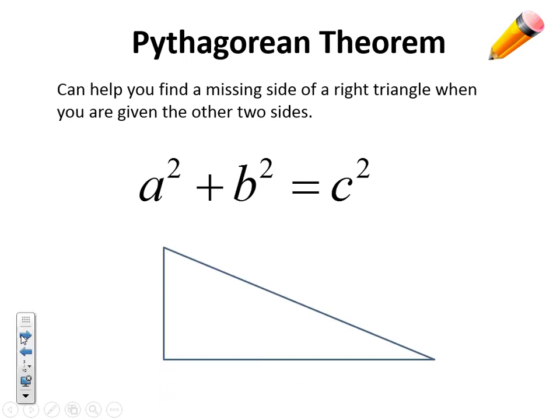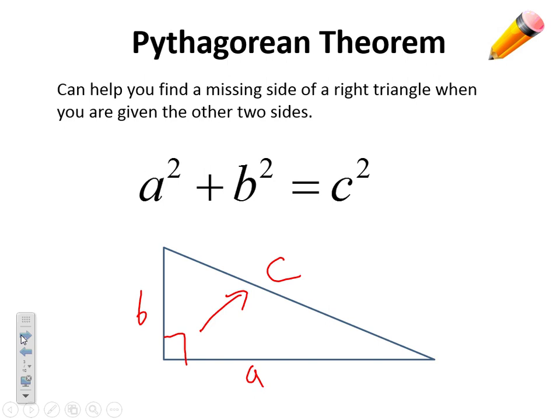In our right triangle, across from my right angle is always my c. Otherwise, your a and b can be interchanged. You can have a here, b here, or if you would like, you could have this be b and this be a. That doesn't matter, but the c is always the hypotenuse,